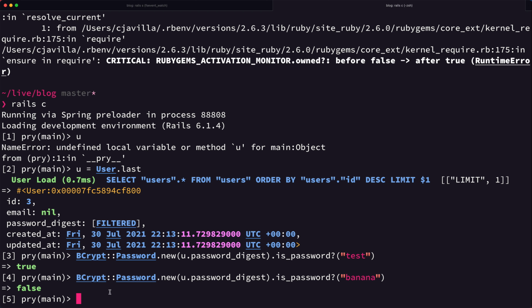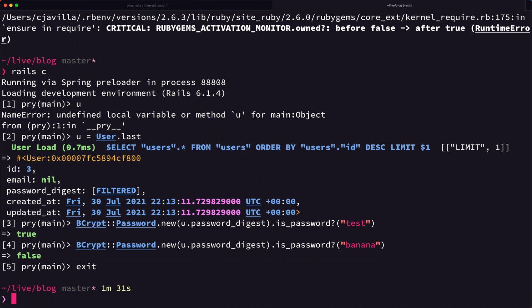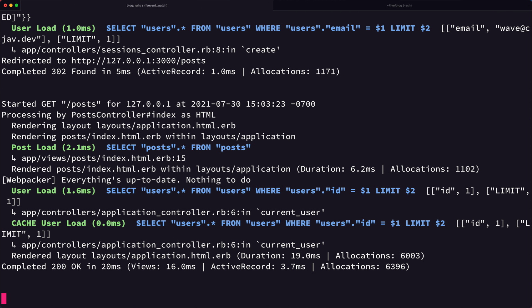You can also add entropy to these things, so it requires a certain number of passes so that it requires even more computation to create the password and check the password. That's the tool that we're going to use to confirm that it is the password when someone is logging back in. So we're going to go back to the user model,